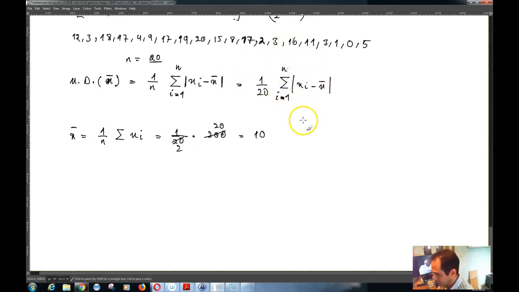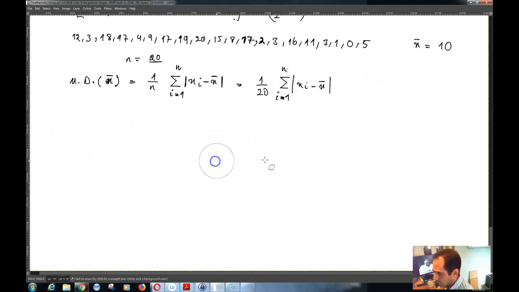So here my x bar is equal to 10, right? Now this is a tedious thing to do, because you have to calculate 1 divided by 20, and then you have to basically write